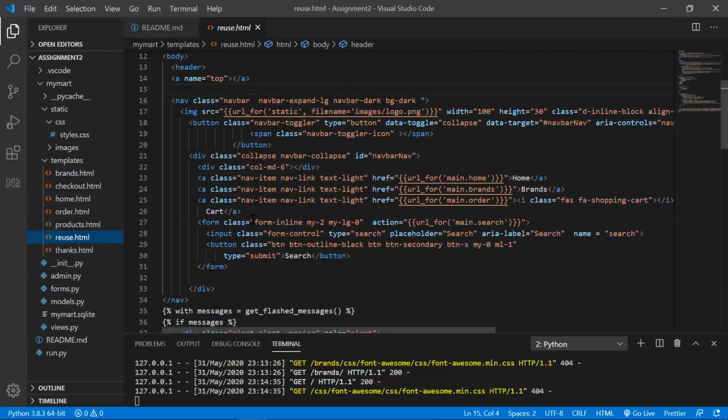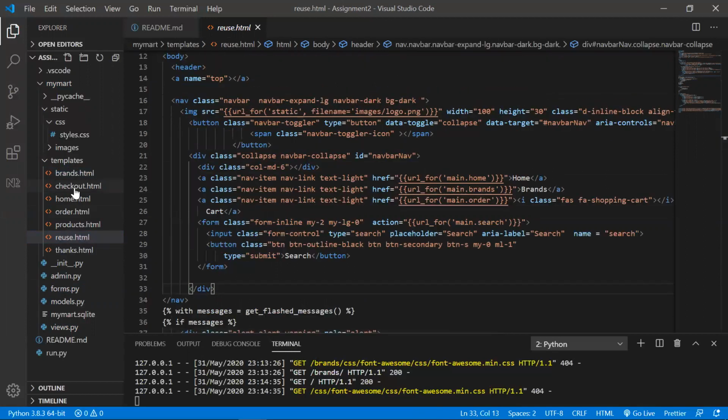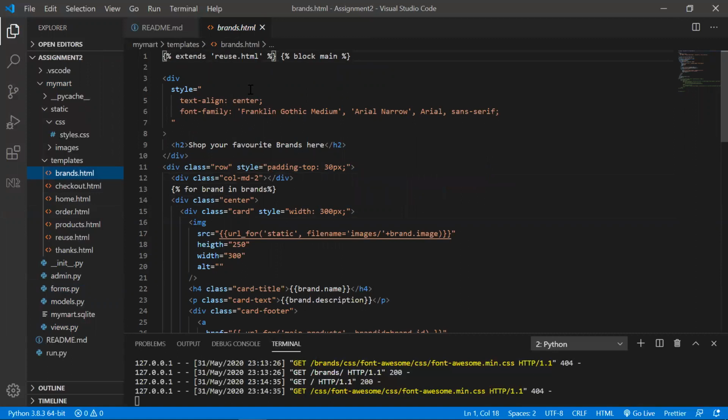So I have the data to display something like a navigation bar and everything. When I use extends reuse.html here, it clearly states that I am accessing the parent class. All the properties of the parent class are now available in this child class.